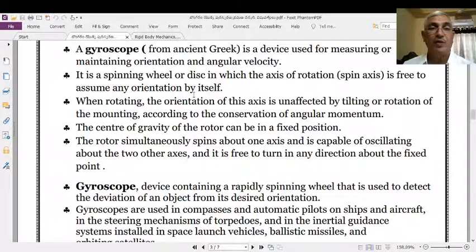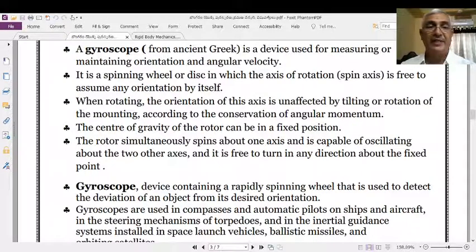It means that the orientation of the axis of the spinning disc in the gyroscope is not affected by the tilting, rotating, moving up and down, or any kind of changes taking place in the path followed by the aeroplane. That is a very important thing. The spin of the disc of the gyroscope and the movement of its axis are not affected by the device where it is placed.